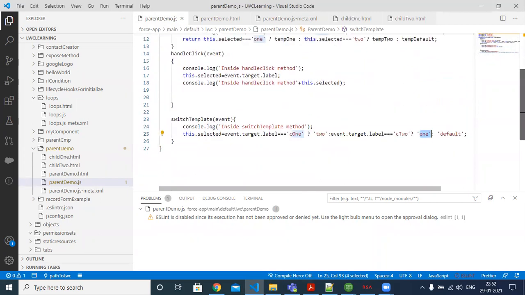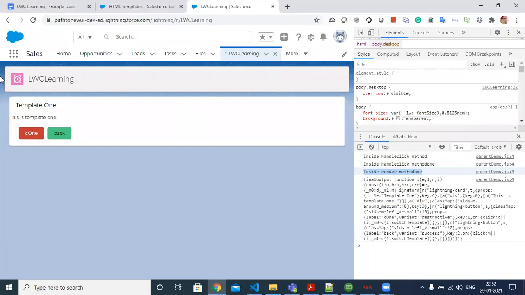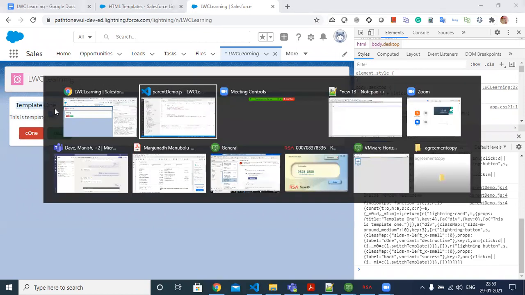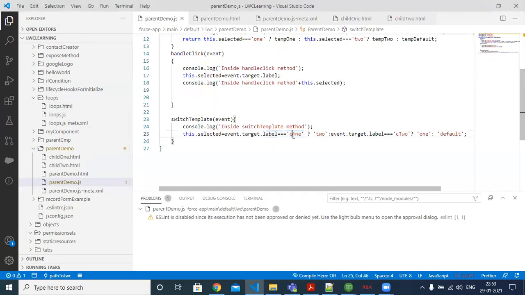So if it is C1, meaning inside this template 1, if I click C1, it has to render the template 2 content. Again if I click C2, it has to render the C1 template. That is my logic. That's why I'm passing values like this here.